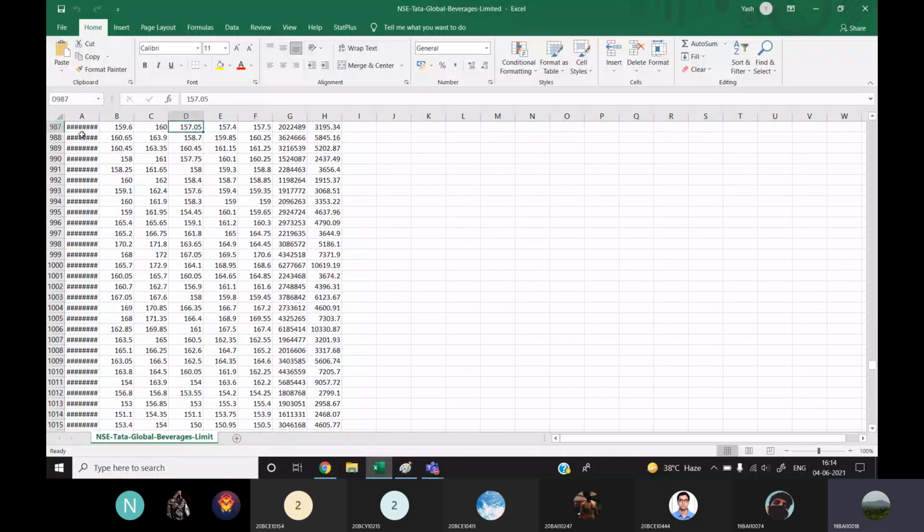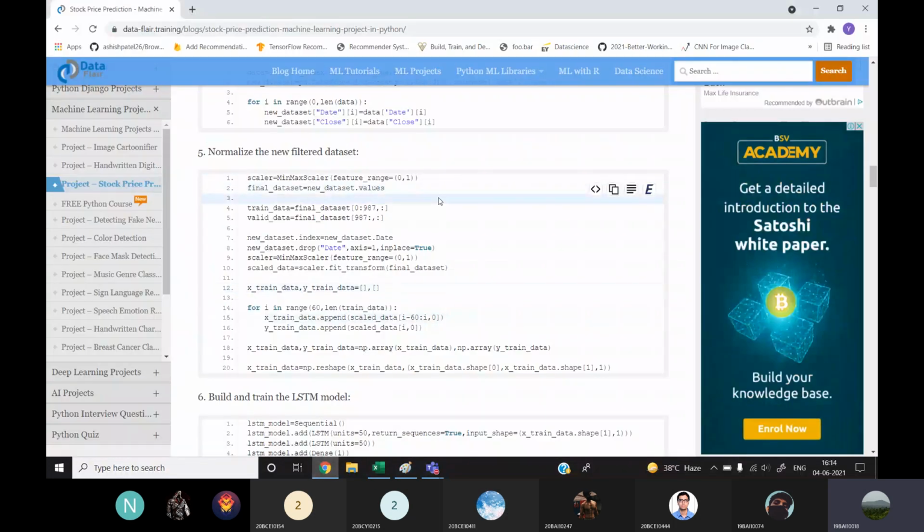Till this row we are having our training dataset, and the rest we'll use for validation and testing. So here in new dataset dot drop date, what we are doing is dropping the date column, because that date column was in the string format, and we have already made that date column in the datetime format, which can be fed into a neural network.